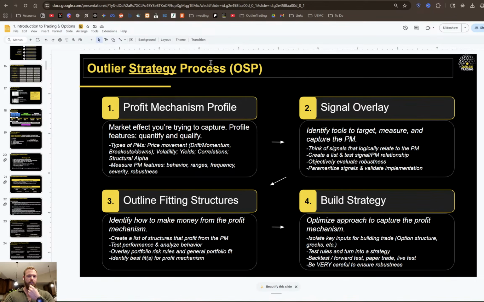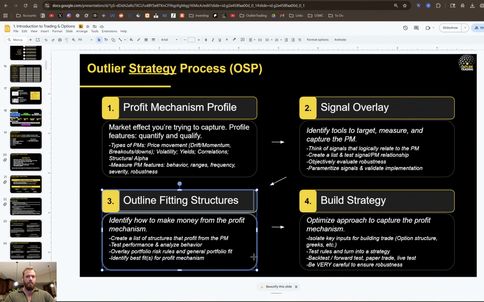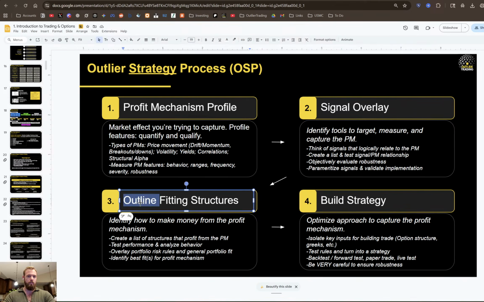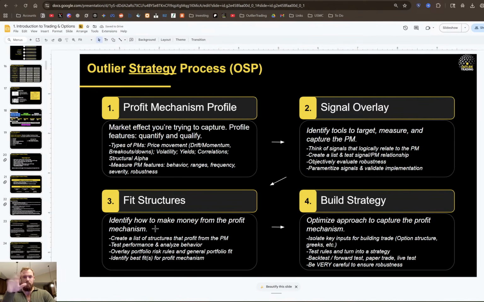So if we look at the outlier strategy process, your very first step is to create a profile for your profit mechanism. This is when we're talking about an option strategy. Notice how the concept of structures doesn't even come into play until step 3. Doesn't even get into the equation until here. And it's because you have to understand the profit mechanism quite deeply,